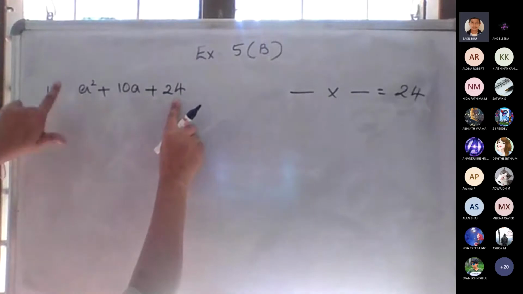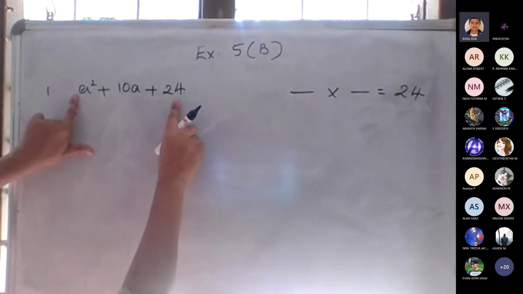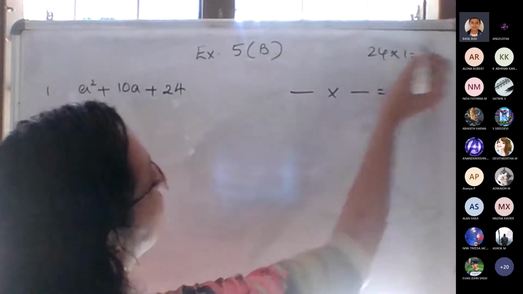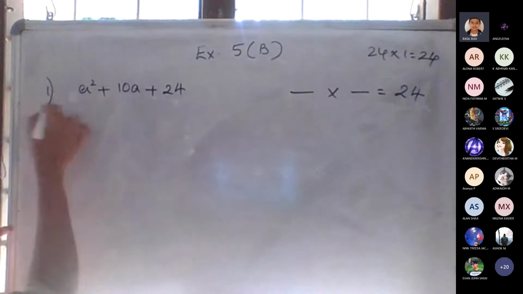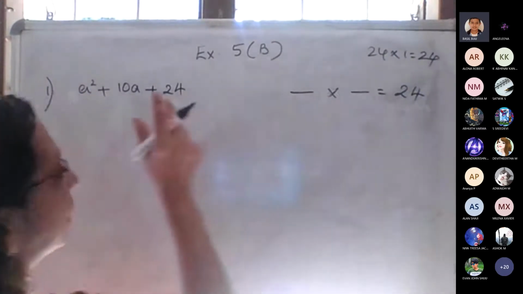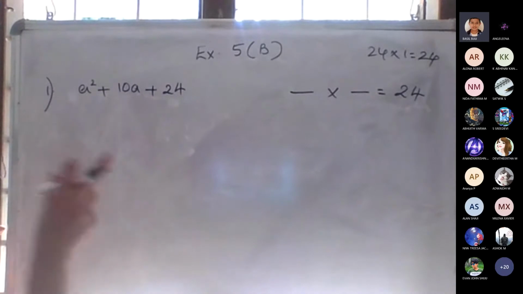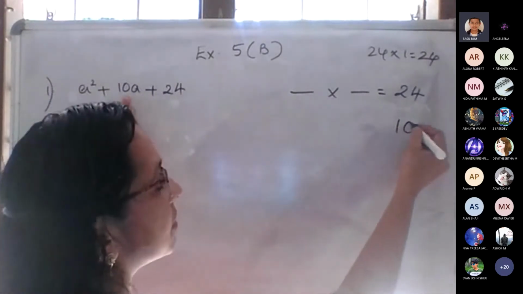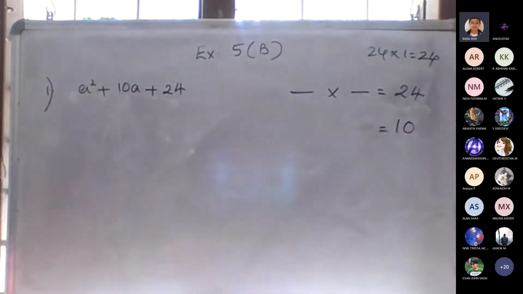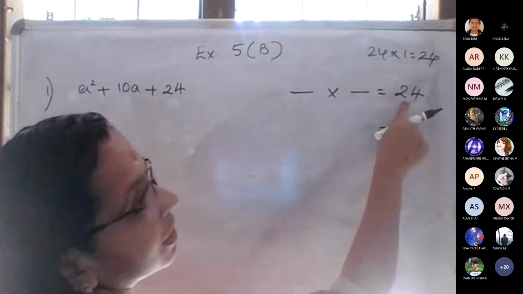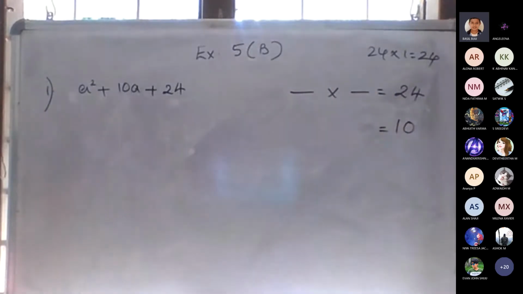That means the constant term into the coefficient of the first term. The coefficient of the first term is 1, that means 24 into 1, that is 24 itself. If it is 1, don't bother about that. We can write it as 24 itself. So dash into dash should be 24. If we multiply any two numbers, we want to get the answer as 24, and we have to get the answer as plus 10 also. If we add or subtract, we want to get positive 10, and when we multiply, we will get 24. Which are the two numbers?